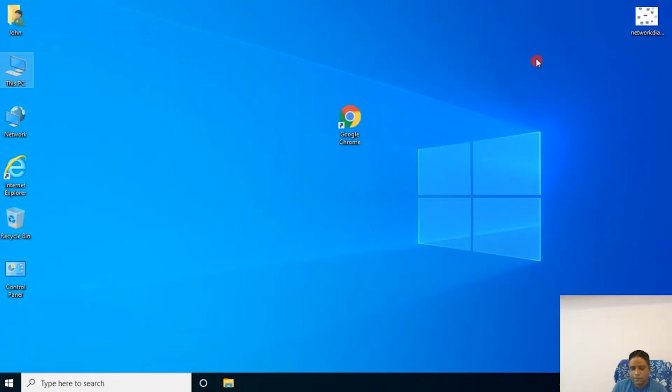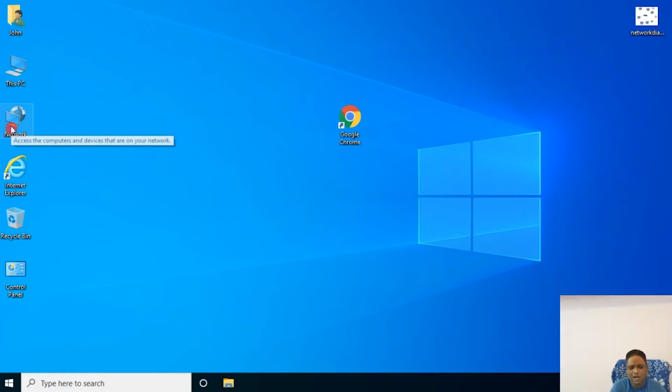So basically, what is my computer? My computer is used to browse the utilities of your computer. You can browse anything, whatever you save on the computer, you can access anything. You can also access the operating system that is installed. Everything can be done. Then we have My Network Places.